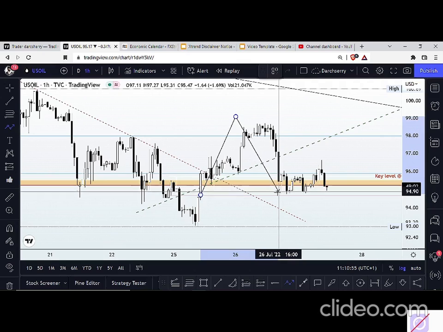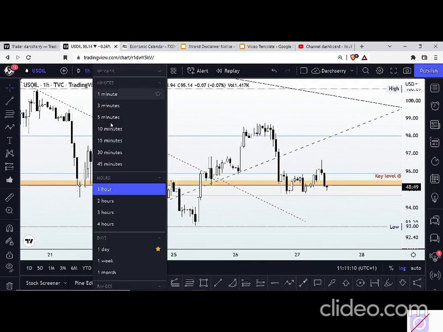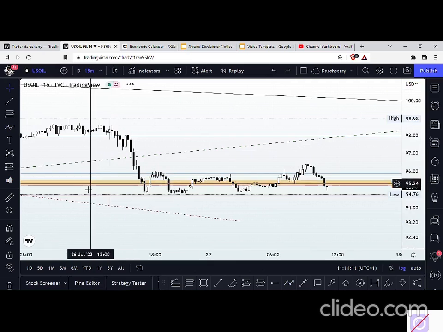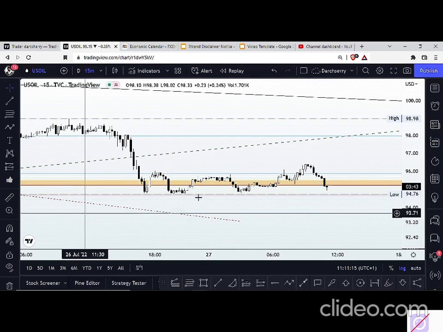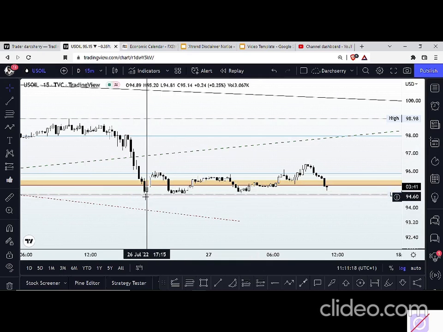So I think it's going to be a little bit cheap for us right now to buy the US oil. But that is on the surface, but we really want to go into the details of what the structure is giving us. So for me on this one, let's scale down to a lower time frame, and I think the 15 minutes time frame will be most appropriate at this point. So let's dive into the 15 minutes time frame so that we can actually see how that consolidation phase has been evolving in the last